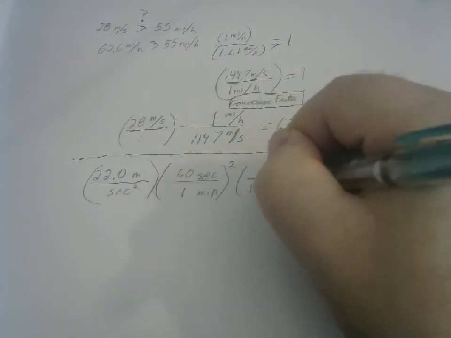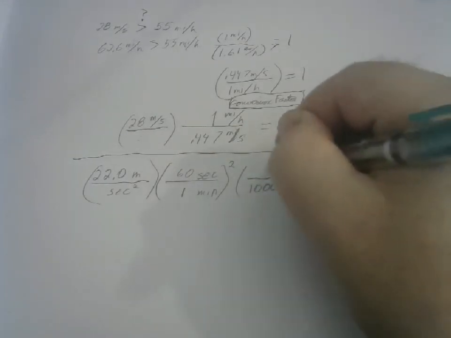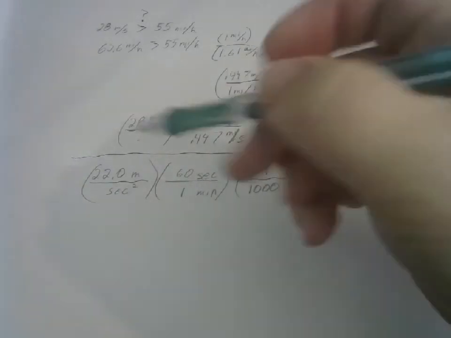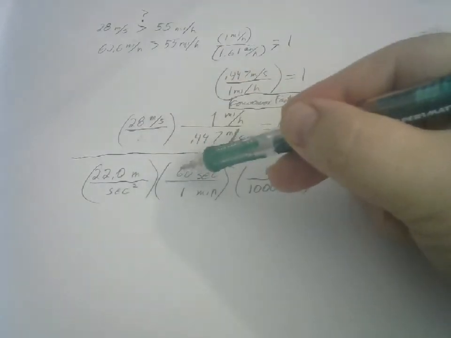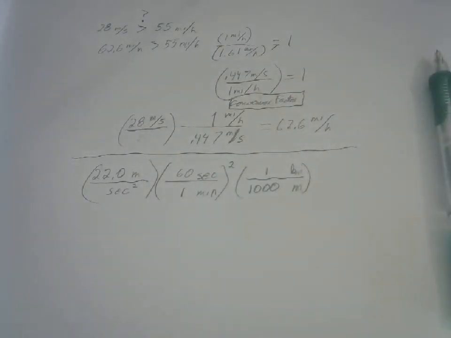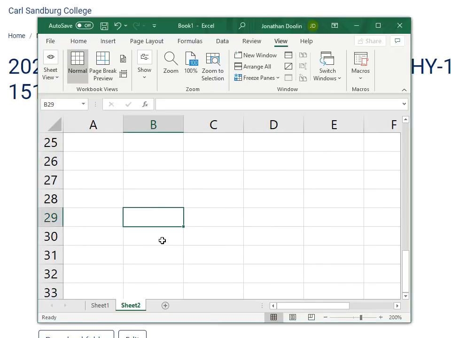There are 1,000 meters in 1 kilometer. And then we multiply that all out, which is going to be 22 times 60 squared divided by 1,000. So I will type in equals 22 times 60 squared divided by 1,000, and it comes out to be 79.2